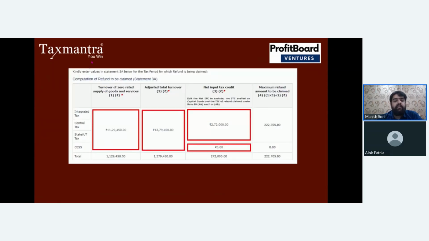Once this is done, statement 3 is done, we have to fill in the details of statement 3A, for which we have already mentioned that you have to submit the PDF also. A similar calculation has to be done over here as well. So what is turnover of zero rated sales? Turnover of zero rated sales means export sales for that particular period, that you have to put in column 1. Then there is adjusted total turnover. That is the total turnover, that is domestic plus